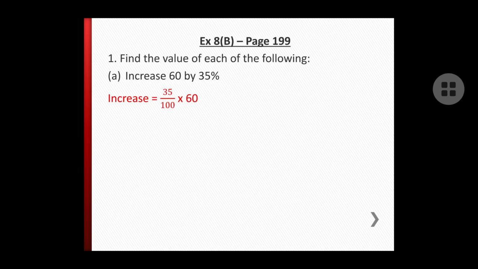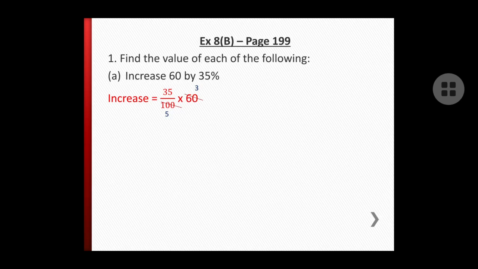So we will first reduce it, then we will simplify it. First thing is I am simplifying it with 20. When you divide 60 by 20, you will get 3, and when you divide 100 by 20, you will get 5. Correct? Yes. Next, I am reducing that 5 and 35.